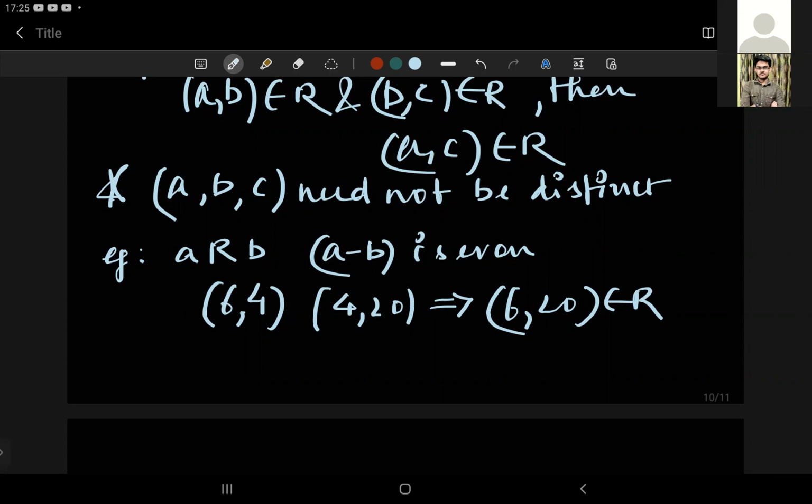Like in this case only, if (6, 4) is there, we can take another as (4, 6). Then (6, 6) will also be in the set, and (4, 4) will also be there. Like (6, 4) is there in the set, (4, 6) is there in the set, then obviously (6, 6) is there in the set, but it is not true for every case, right? It is not compulsory for a transitive set to be symmetric, and vice versa.